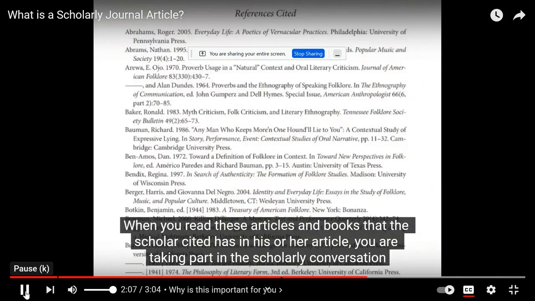When you read these articles and books that the scholar has cited in his or her article, I'm going to pause on that for a second. That's really important. The source that you find that's good, go to the end and it's going to give you more sources that are helpful, right? Another thing there,